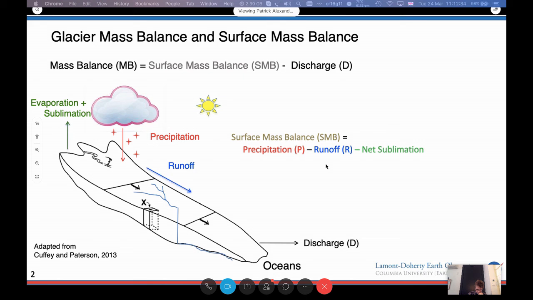we can think about the changes in mass in terms of the mass balance of ice sheets and glaciers. So there's the surface component, the surface mass balance, and that's basically the balance between snowfall, runoff, and sublimation. And then there's also